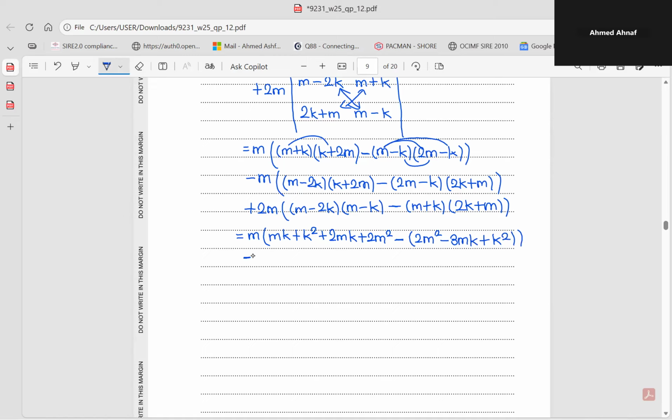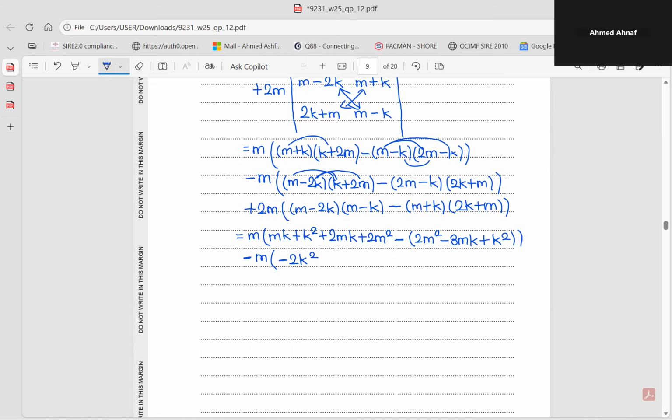And then minus m. So this one, same thing, I believe. Let's find the k squared term. So that's minus 2k squared, and then the mk term. So minus 2k times 2m, that is minus 4mk, plus m times k. So minus 4mk